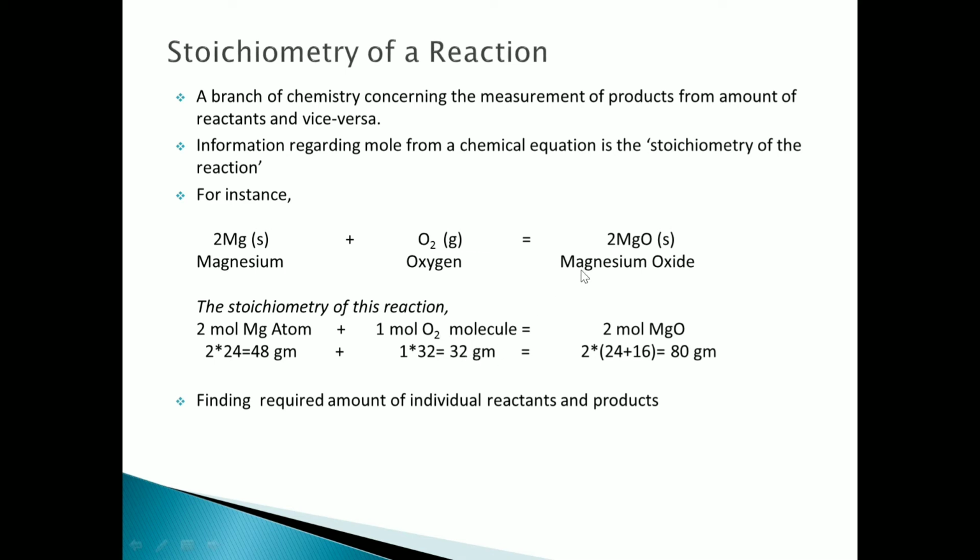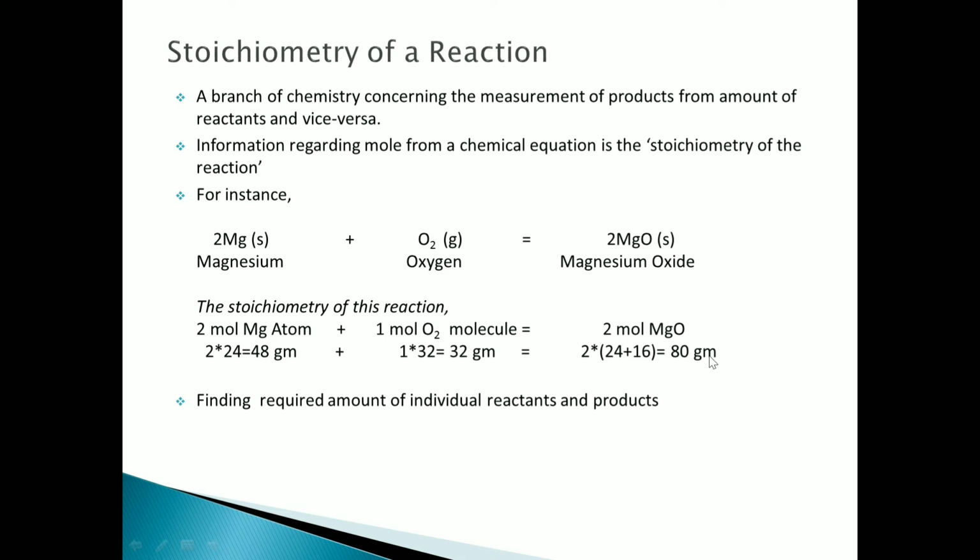And as I said before, 2 MgO refers to 2 moles of magnesium oxide molecule. Therefore, the amount of magnesium oxide: that is magnesium oxide's total molecular mass, 24 plus 16 equals 40, multiplied by 2, as there are 2 moles,